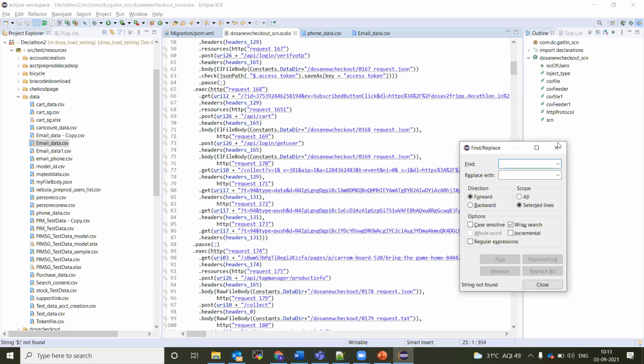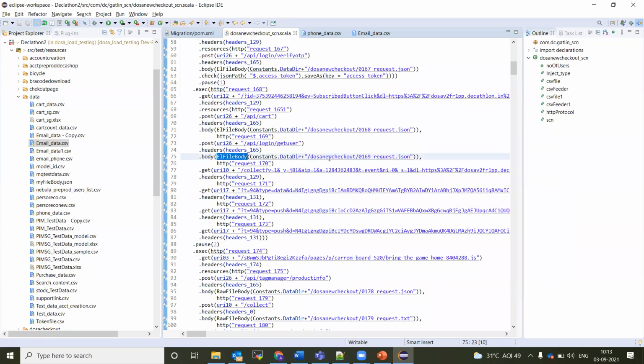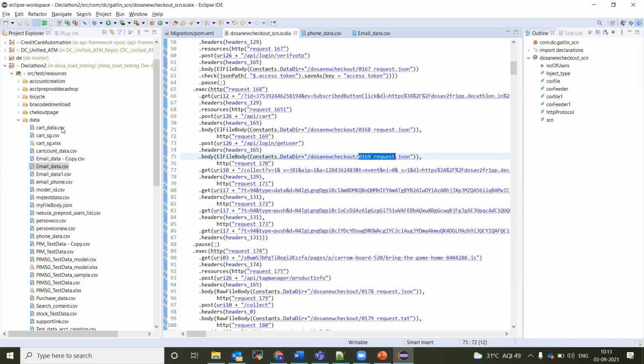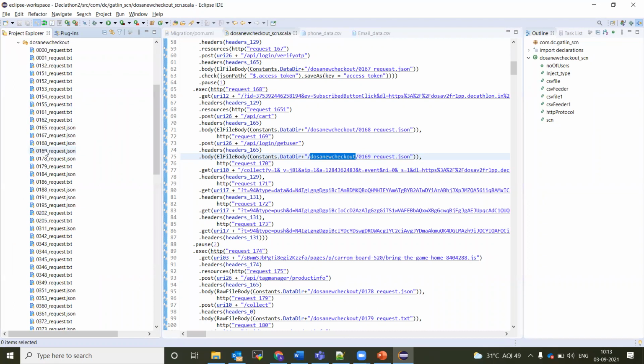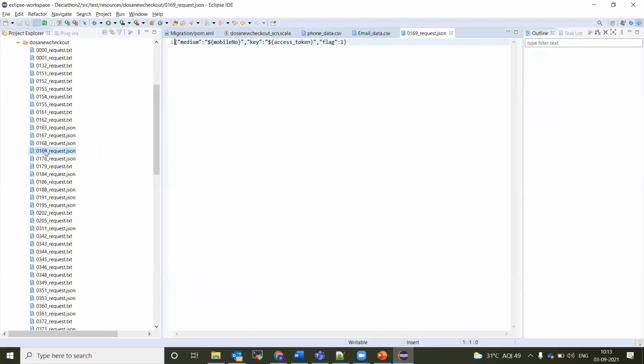Wherever I have the file body, I have all my requests in this. Those are the new checkout requests. So this is the format where I am passing this.